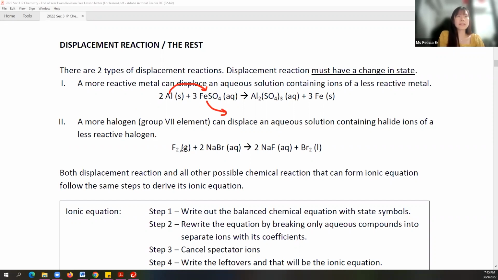So same thing again. For displacement reaction, it is always the more reactive one that kicks away the less reactive one. So how to understand it? You can actually let all the metals be the male, and let all the non-metals be the female. So what you do is, okay, female wear skirt. In this case, you take it that if aluminium is more reactive,